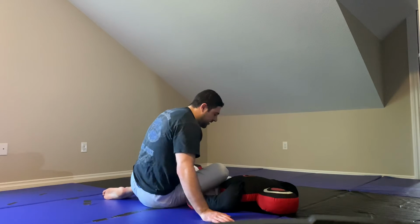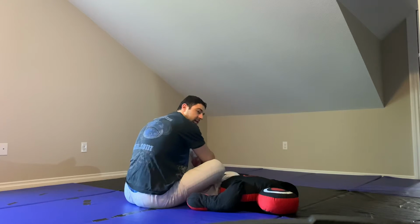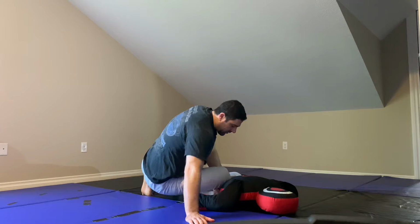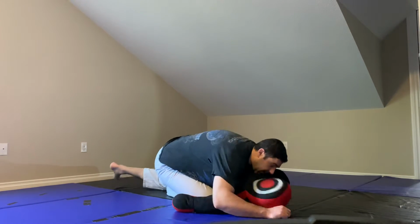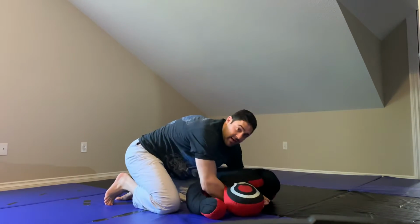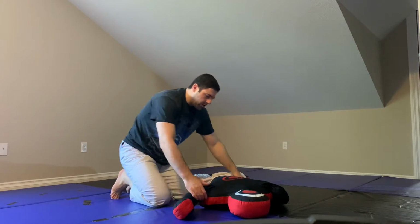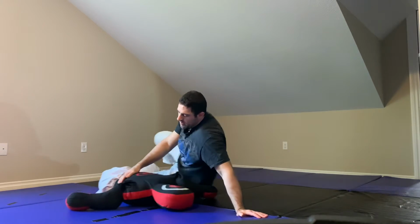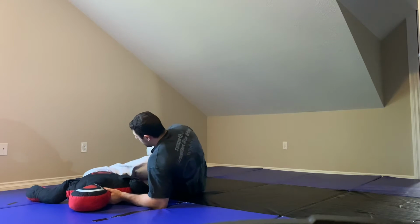Okay, from here, they can either go to leg attacks, like the knee bar, which is very dangerous, obviously, or they start to pull out their knee here, okay, and then they start putting pressure, and then they pull out their leg, and now they're in side control, or whatever, okay? So we're going to be looking at some options to deal with that, okay? So, first of all, let's say